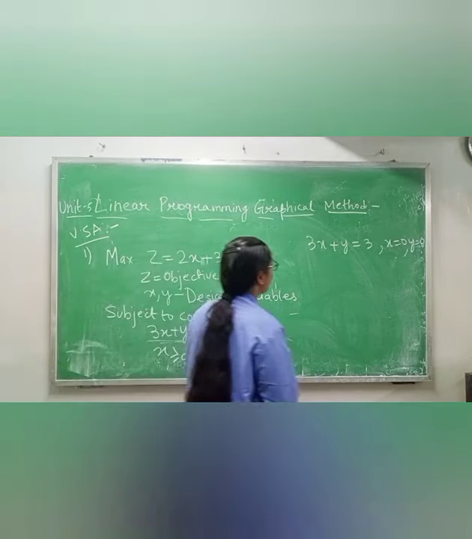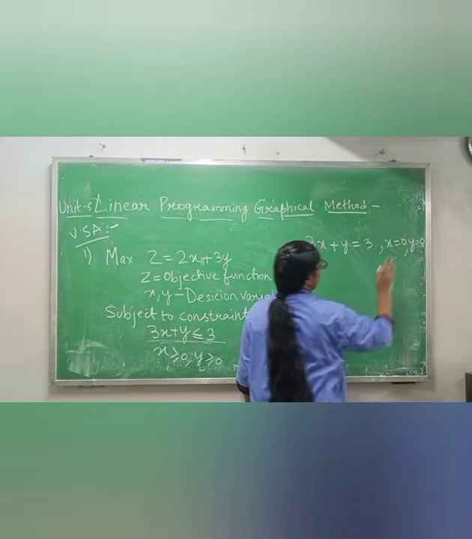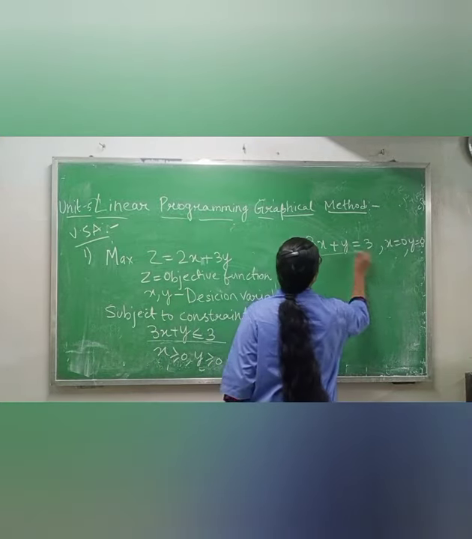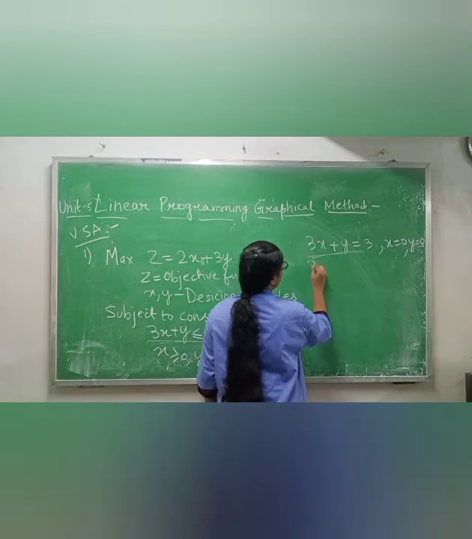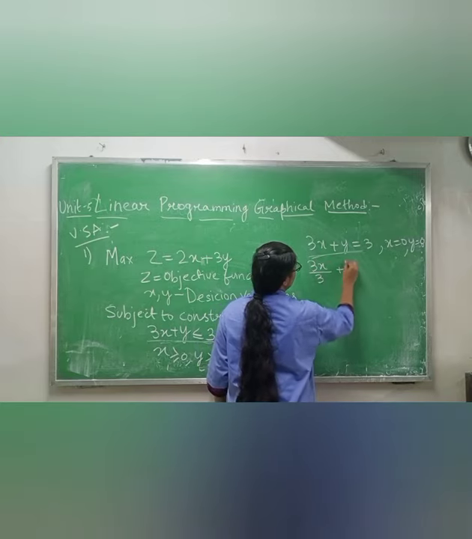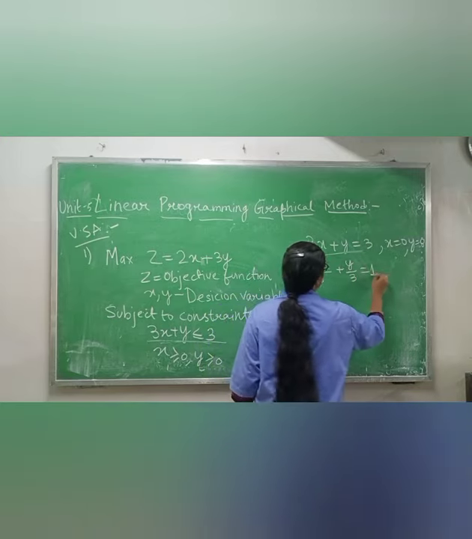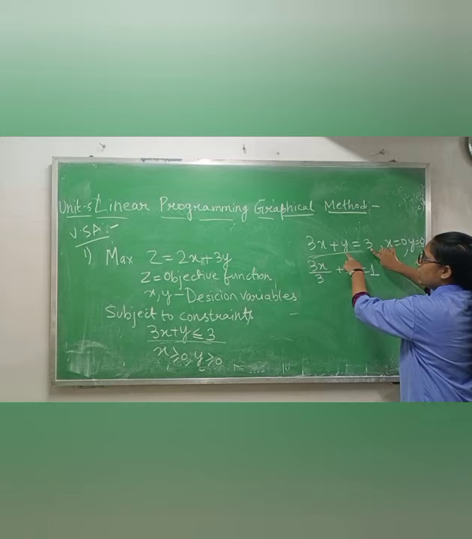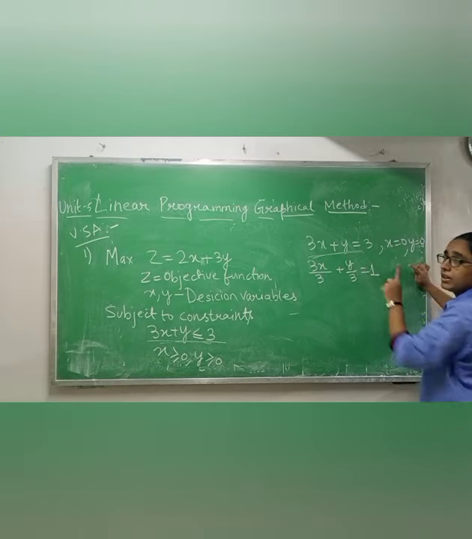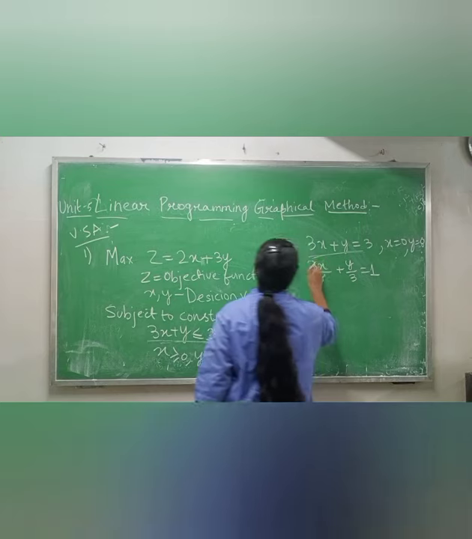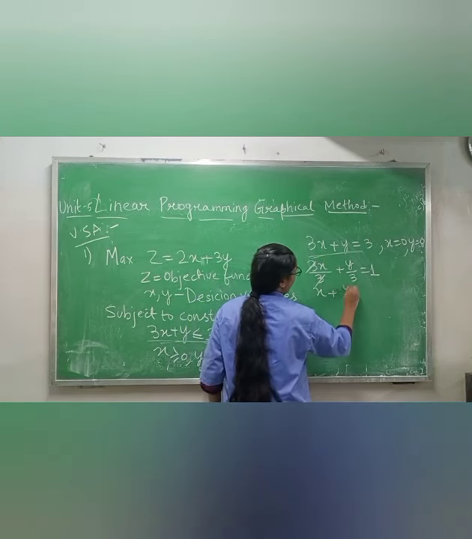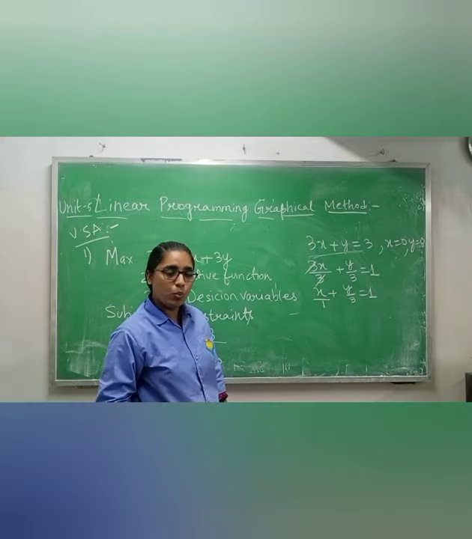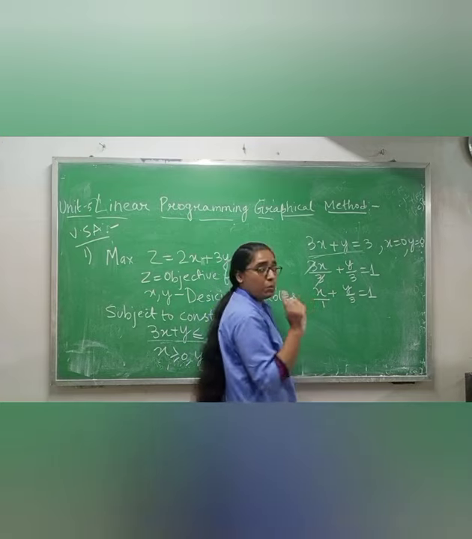So what will we do after this? For x equals 0 or y equals 0, we will not do anything. Which one will we solve? We will solve this one. How will we solve it? 3x by 3 plus y by 3 equals 1. Whatever we have on the right side, we take as a denominator with it, and here nothing is left, meaning 1. Now 3 ones are 3, 3 ones are 3, so x plus y by 3 equals 1. If there is nothing, it means x by 1. Now how will we find the points?